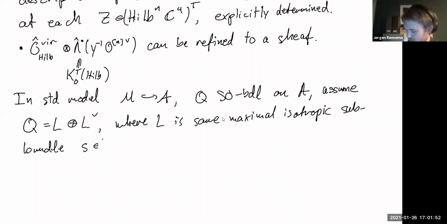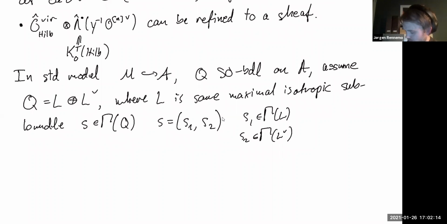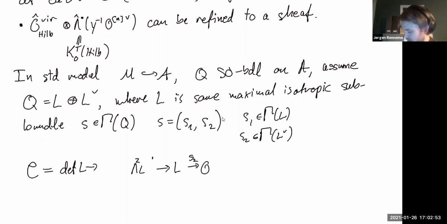So we have the section of Q, and we say S splits up, where S1 is a section of the bundle L, and S2 is a section of the bundle L dual, and then you can write down the following complex. Start out with O, and we want to have L, and then a differential, which comes from pairing with S2. And you take wedge 2 L. It's kind of wedging with S2, but let's not do that. So you take the Koszul complex associated with S2, and then